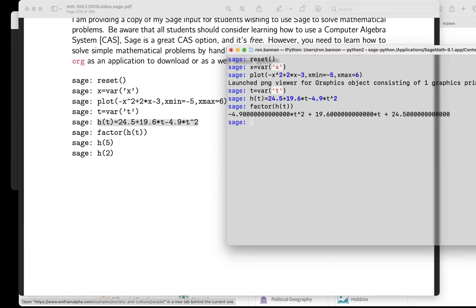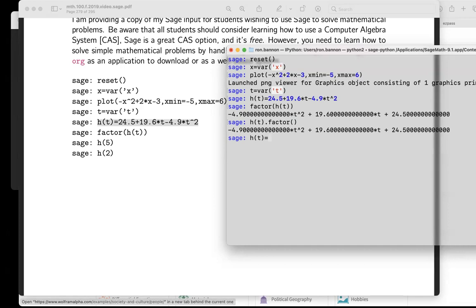I'm going to tell you the number one reason it did that is because, the bottom line is, I'm surprised it didn't factor that. We didn't do a very good job of it, did it? I'm going to try one other command here, okay? No, it still does it. So I'm going to write h of t a little differently. I want to see if it can do it. H of t